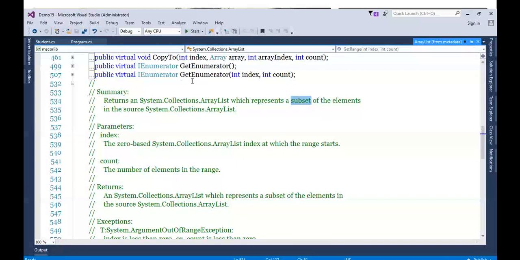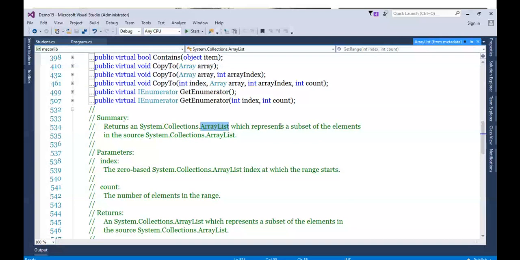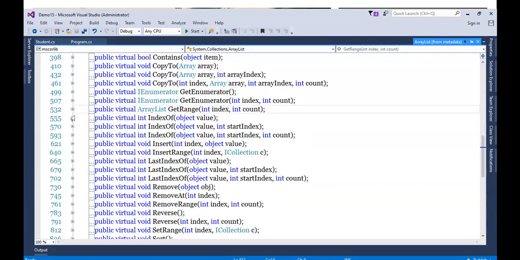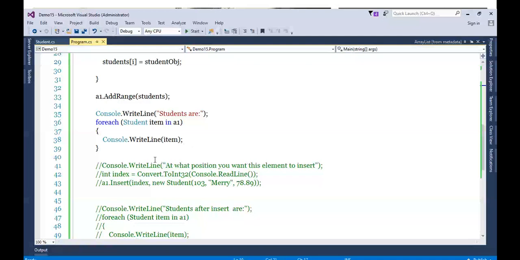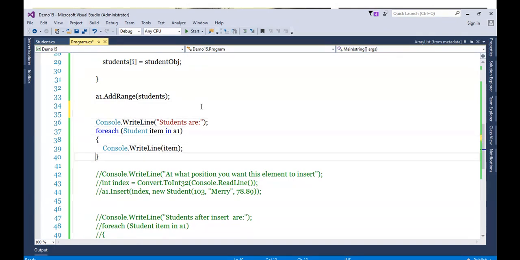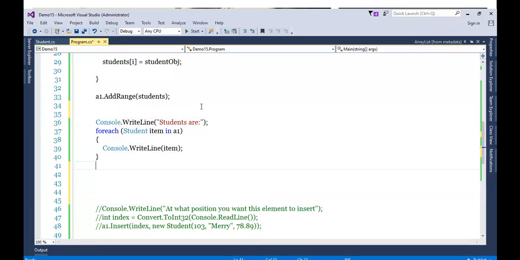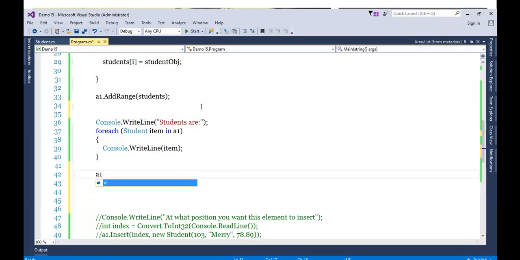Okay, this GetRange method will return the subset of the existing array list as an array list. Okay, this also will be possible. So let's work with it. Call GetRange. So I added the elements here, and now I will call the GetRange method. So what I will do, a1.GetRange.